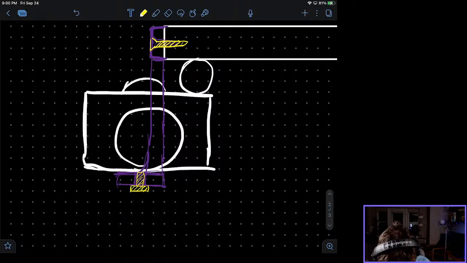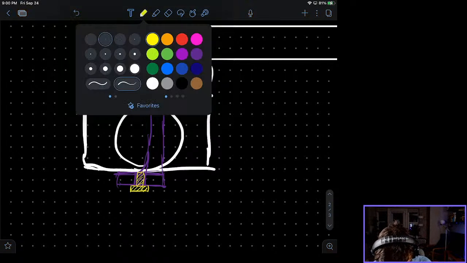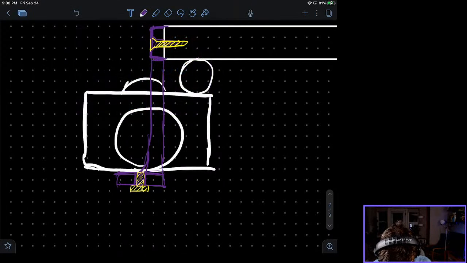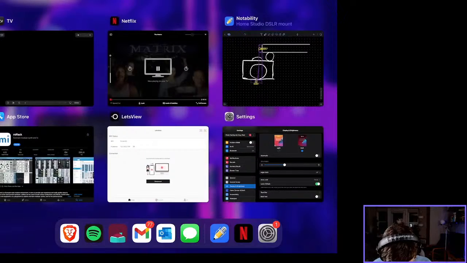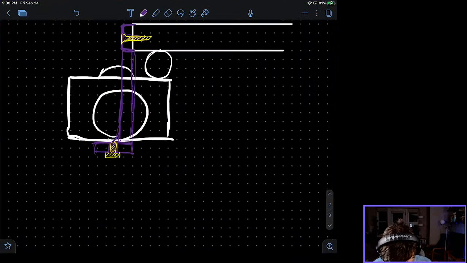All right, so it's fairly simple. I don't know if it's necessarily translatable right now, but what I can do is start drawing this in a couple different profiles.